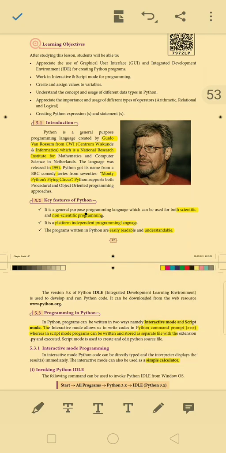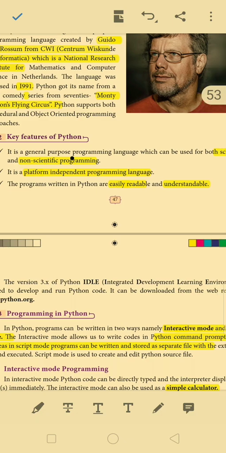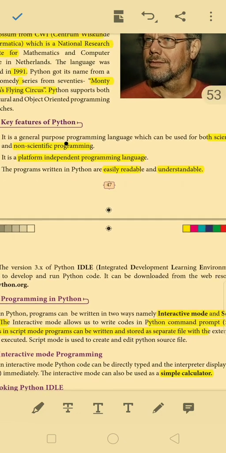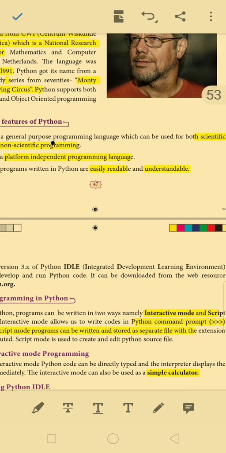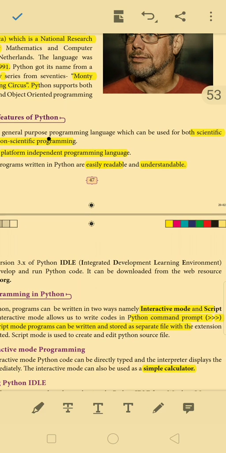Next one is key features of Python. It's a general purpose programming language which can be used for both scientific and non-scientific programming. Here scientific means it can be used for mathematical formulas and matrices, like Fortran, MATLAB.